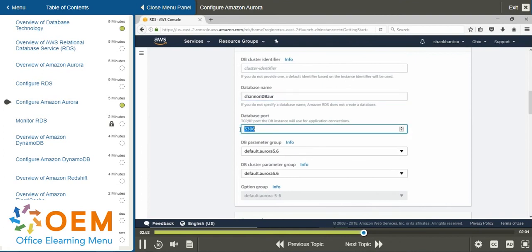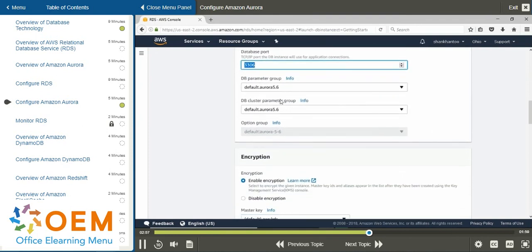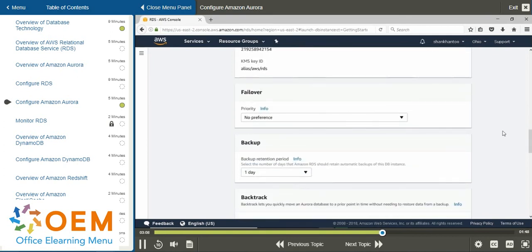The database port, as we know, is still 3306, and we'll stick with the default database parameter groups and database cluster parameter groups. Notice that encryption is enabled by default. Okay, so we're going to go ahead and use the key management service. Let's scroll on down here to